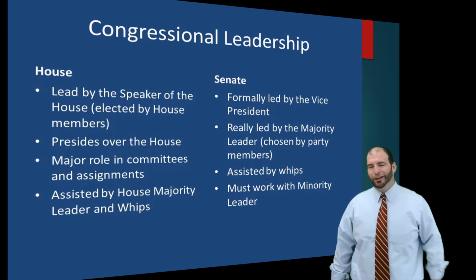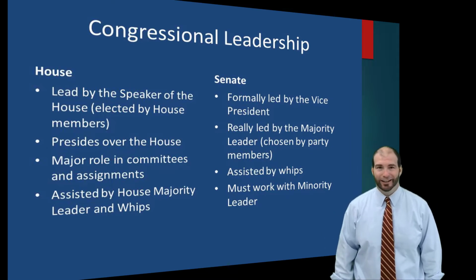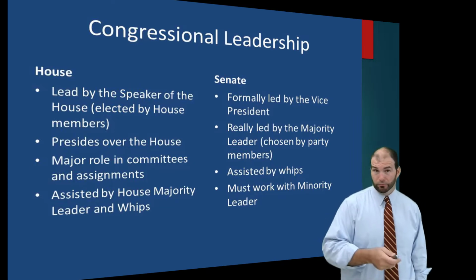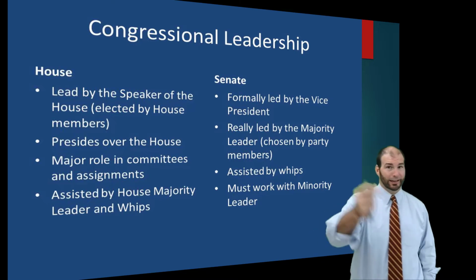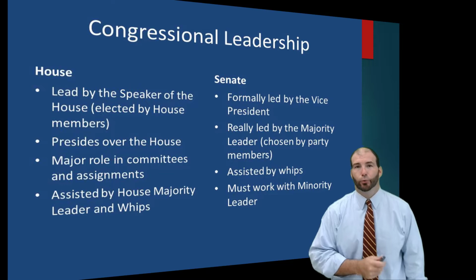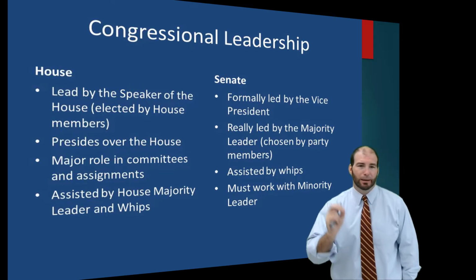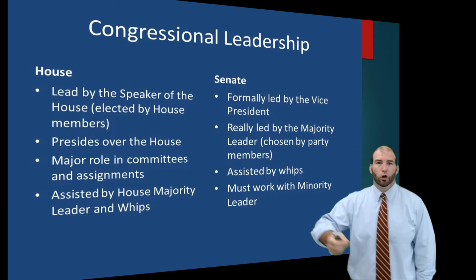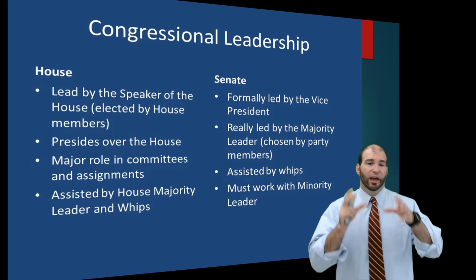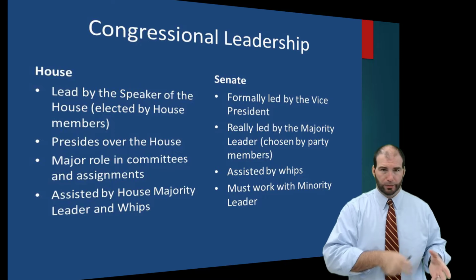With all that being said, whoever has a majority in the Senate, whether it's Republicans or Democrats, is going to have the majority leader. So it's not called the Speaker of the House, it's called the majority leader in the Senate, and they basically act like the Speaker of the House would. They get to appoint committee members and basically do whatever they need to. Whoever is the leader of the other political party that's considered the minority is expected to work with the majority party.